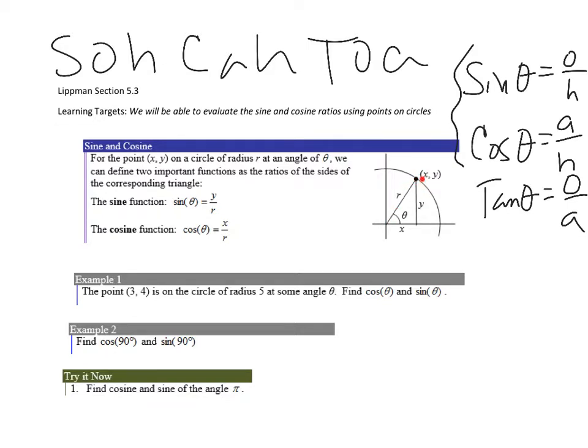So y and r, and then the adjacent side and the hypotenuse is labeled x and r, and that's why he's saying the sine ratio is the y side, the opposite side, divided by the hypotenuse, or the r, or y over r, and the cosine function is x over r, or the adjacent over the hypotenuse. And it doesn't matter which way you think about this, but what does really help is the unit circle, and that's like the circle you made in class the other day. The radius is 1, so if I want to talk about